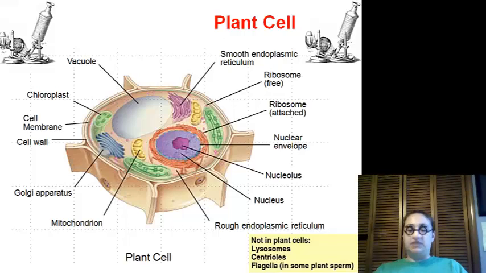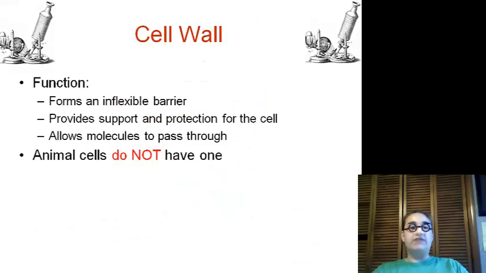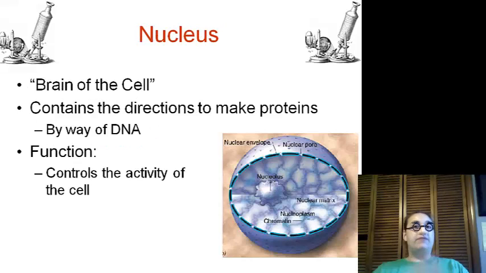Now let's talk about the pieces. So first we have a cell wall, which is going to be found in plants. Plants has an inflexible barrier providing structure, support, protection, and it allows molecules to pass through. Again, not in animals. Now we have the nucleus in both plants and animals, and this is the brain of